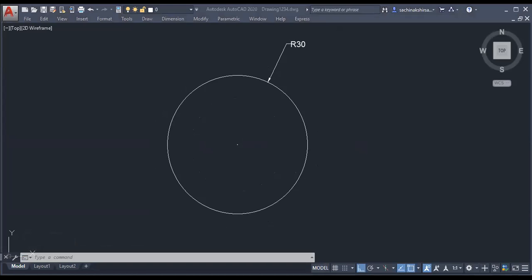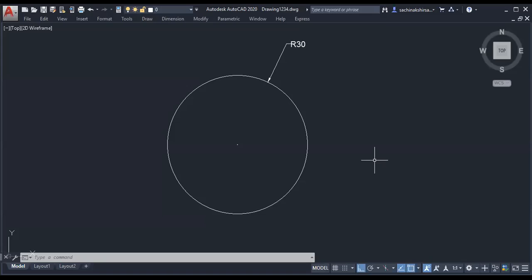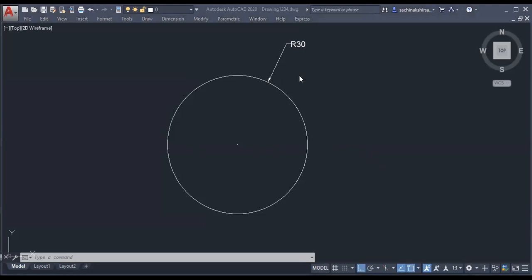Suppose this 30 I want to make it 15, half. How much scale factor do I have to give? I want to make it 15. How much radius should I make it, or how much scale factor should I give?